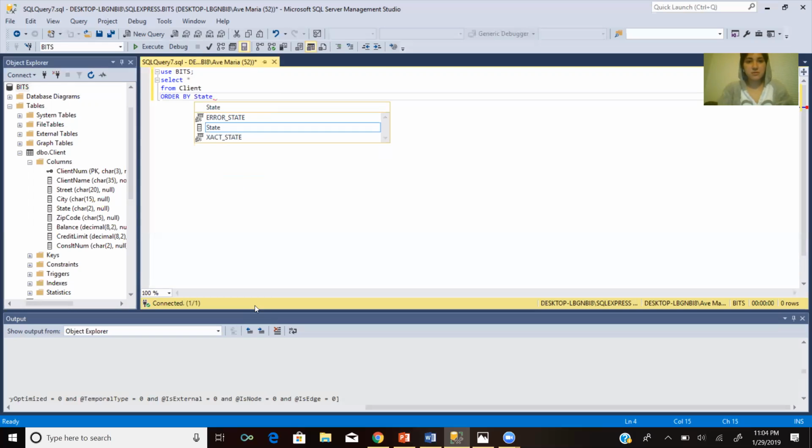state, ascending, and then that's our major key. For our minor key, so within state, when the states are the same and it wants to order by something else, we'll put credit limit, and we'll make that one